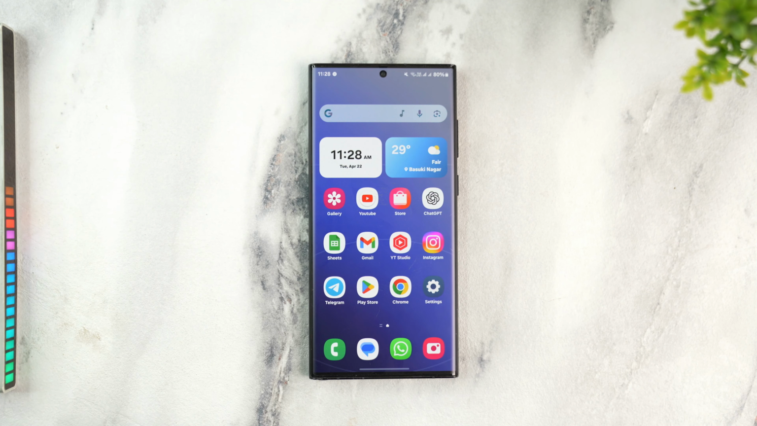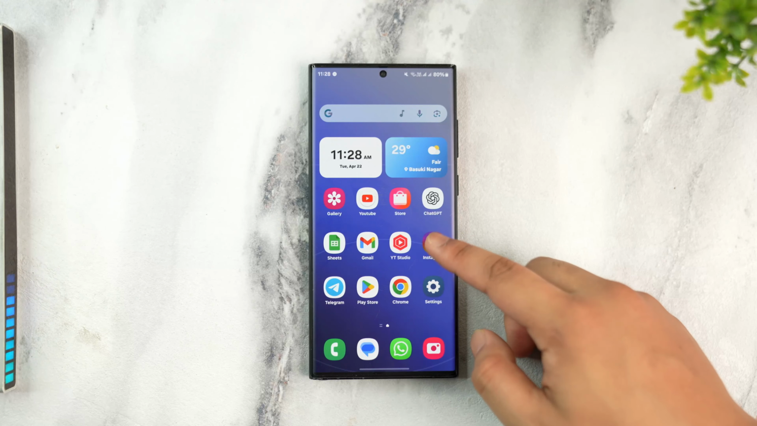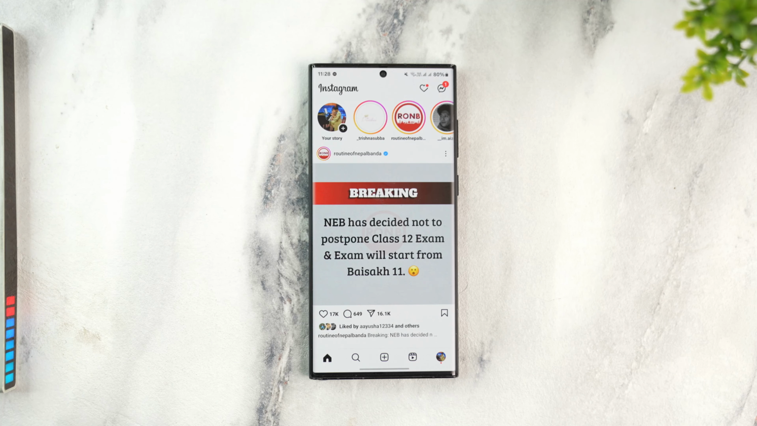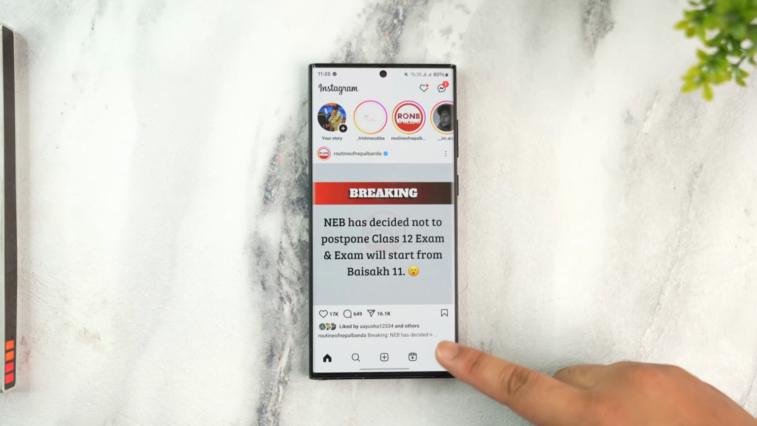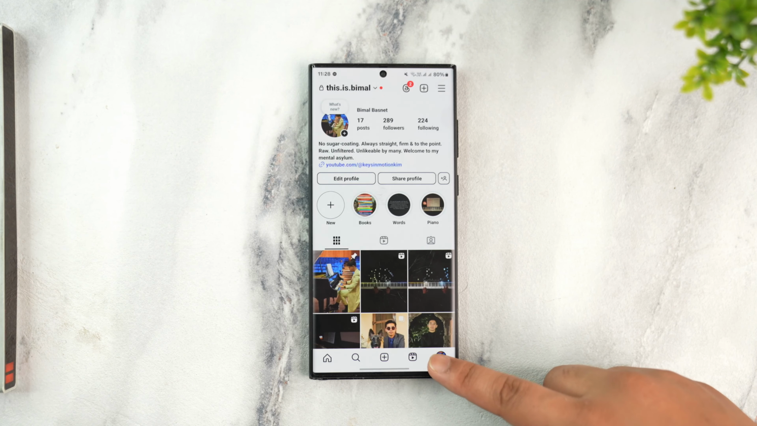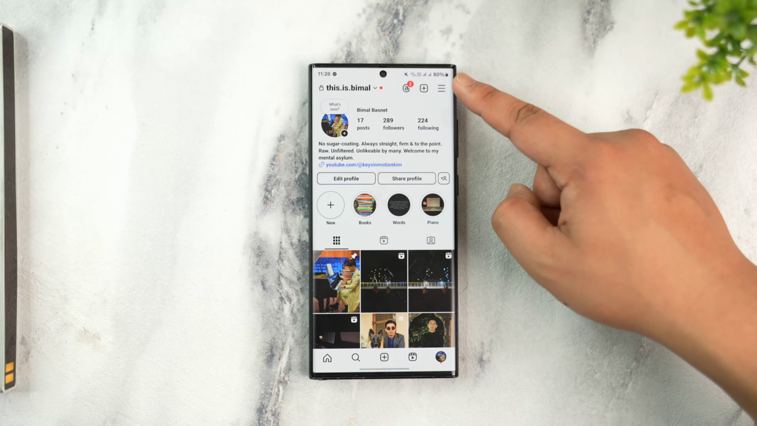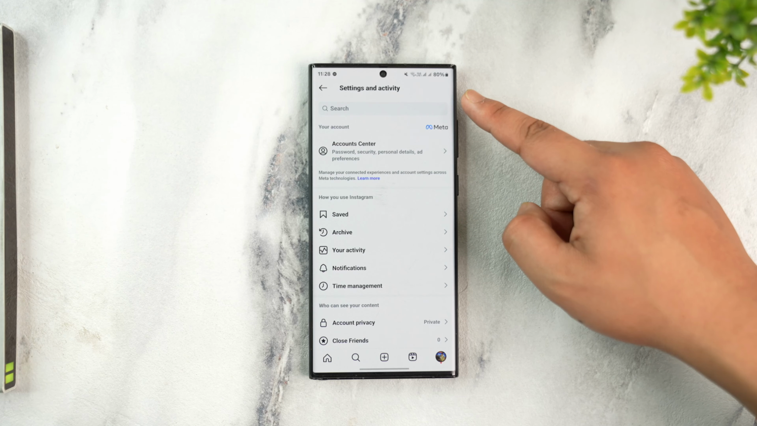Now, what we have to do for this is first of all open up Instagram and make sure we have allowed contacts access to Instagram. To check that whether or not you've allowed, come to your profile page. Once you come to your profile page, tap on the three lines icon from the top right hand side, and